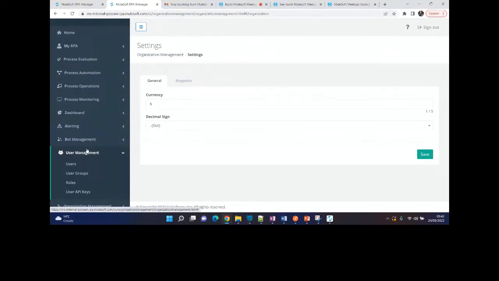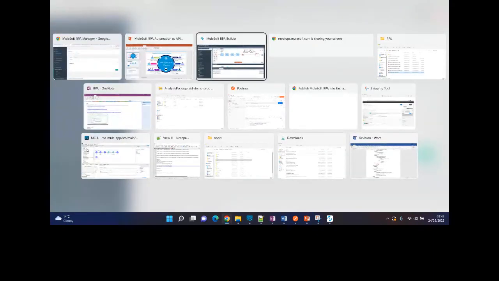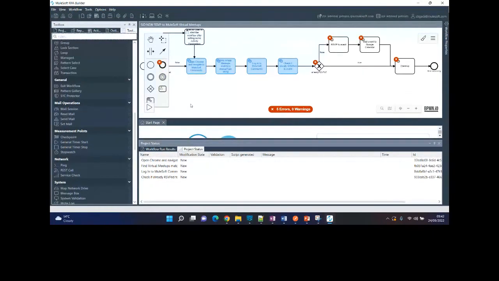Otherwise, they will not even be able to see it on their console. Yeah, and after the process evaluation, Sridhar is asking, he remembers seeing an RPA builder directly to build. So how are we designing the process? Maybe he's telling, sorry, I've missed it. So he's asking that. No, I was not able to do that.